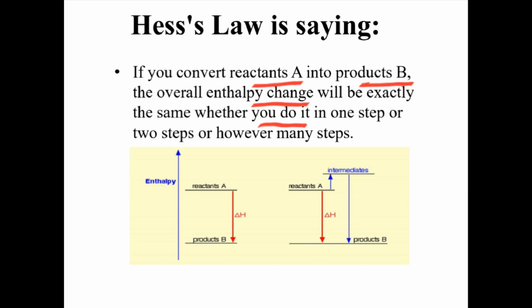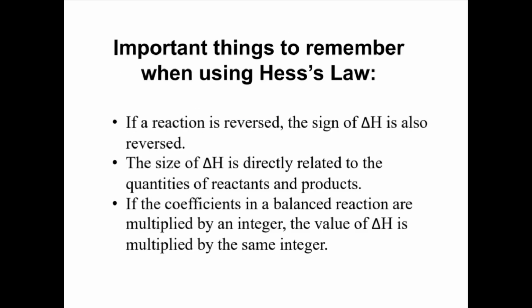So reactant A ወደ B ቢቀየር ይሄ ለውጥ በአንድ ስቴፕ ሊሆን ይችላል፣ በሁለት ስቴፕ ሊሆን ይችላል ወይም ከዛ በላይ፣ አጠቃላይ የኢንታልፒ ቼንጁ ተመሳሳይ ነው ማለት ነው። እዚህ ጋር እንደምናየው ከኤ ወደ ቢ ስንሄድ it occurred in just one step ማለት ነው። እዚህ ጋር ግን መጀመሪያ ወደ ኢንተርሚዲየት ተቀየረ ኤ and then ወደ ቢ። ስለዚህ ኦቨርኦል ኔቱ is the same ማለት ነው።